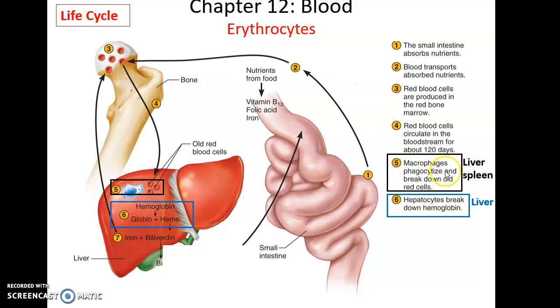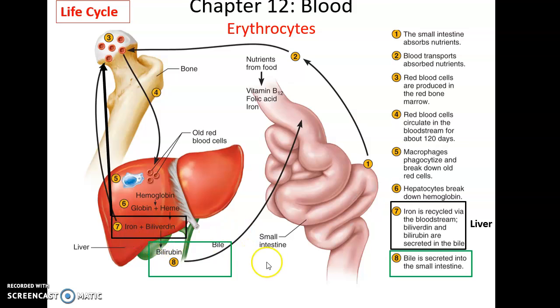So macrophages in the liver and in the spleen will break down old red blood cells to recycle their components. And then the hemoglobin gets sent to the liver. So if the red blood cell is broken down in the liver, then the hemoglobin's already there. If it's broken down in the spleen, then the spleen will send the hemoglobin to the liver. There, the liver will break the hemoglobin into its component parts, the globin, primarily the protein portion, and the heme, where